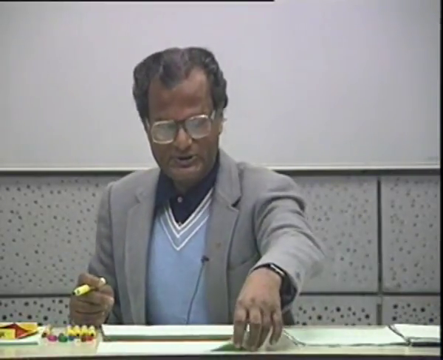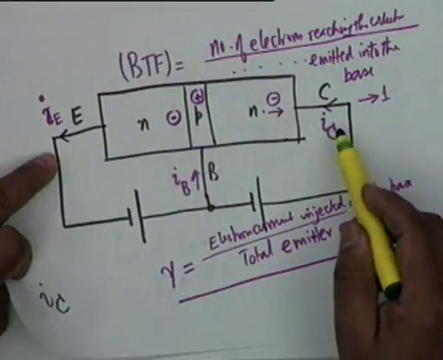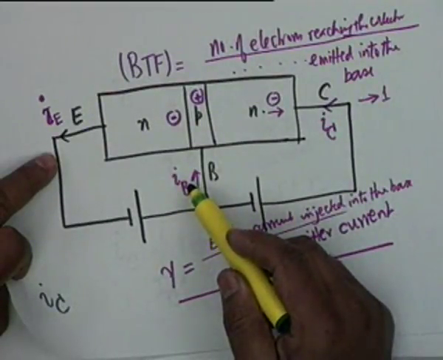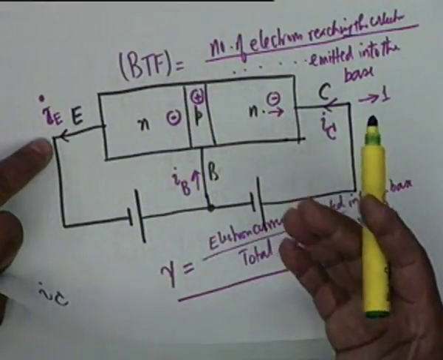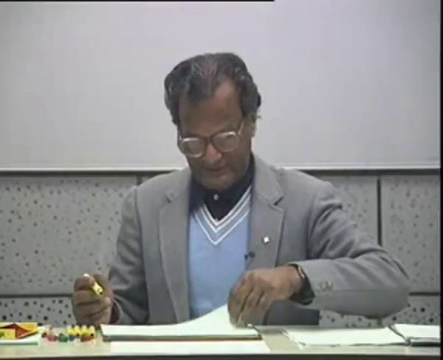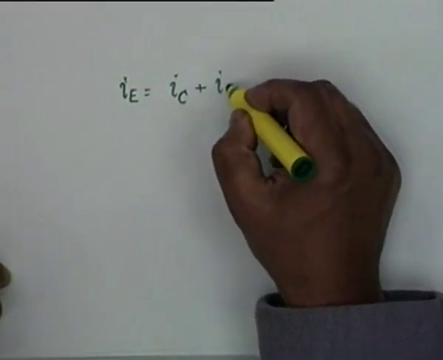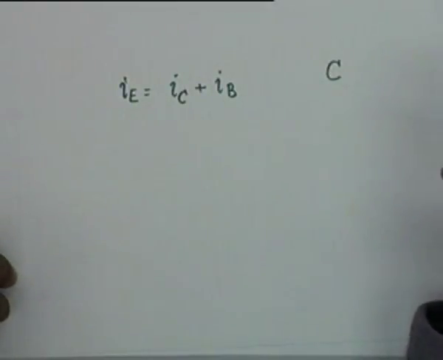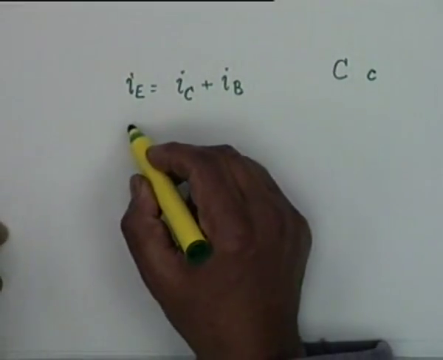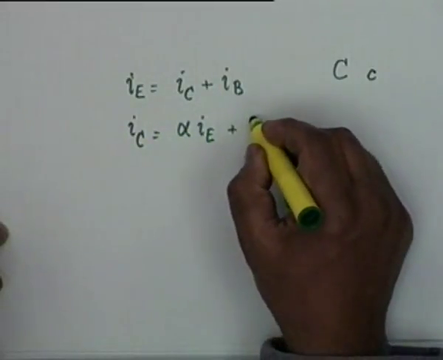Okay. The other relationship that I get, if you look at this carefully, is that I sub E is the sum of I sub C and I sub B. Okay. This is by KCL. The current that leaves must be equal to the total current that comes in, and therefore I have two relations. One is I sub E is equal to I sub C plus I sub B. You must distinguish between cap and small. This I will write as capital C, and this I will write as small c. Okay. The other relation is that I sub C is equal to alpha I sub E plus I sub CO.